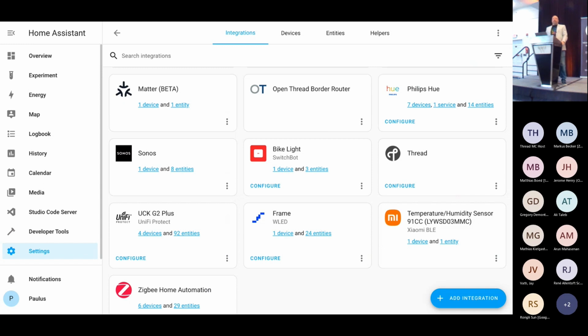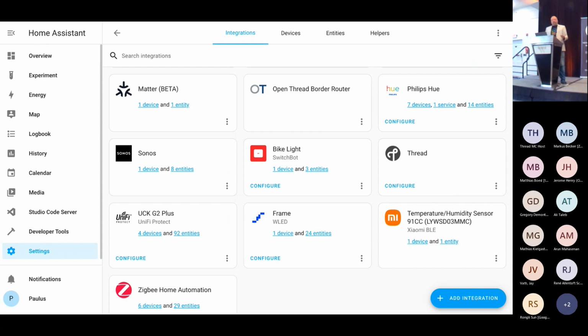Now, our journey into Thread really started around Matter, right? Because that's finally where it was accessible enough. Before Matter, the real exposure our users had to Thread was with HomeKit, but that was a small sliver of the diehard HomeKit fans who were really like, oh, we're going to get these Thread devices.